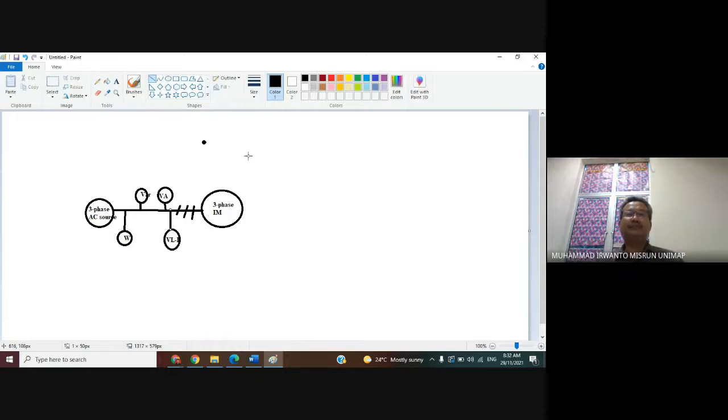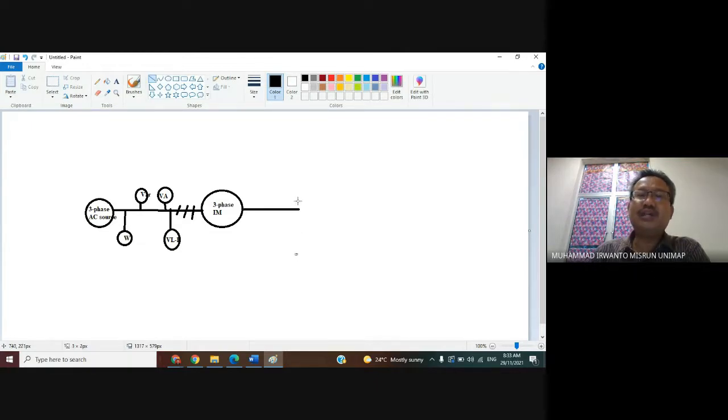Okay, now when we give the three-phase AC source to the induction motor, the motor will produce mechanical energy.